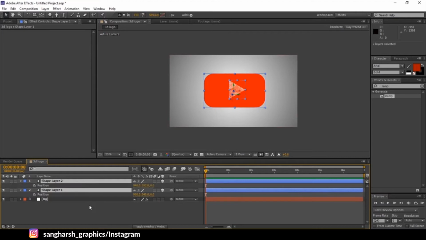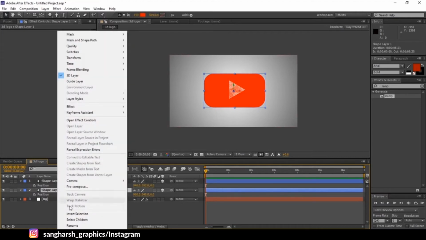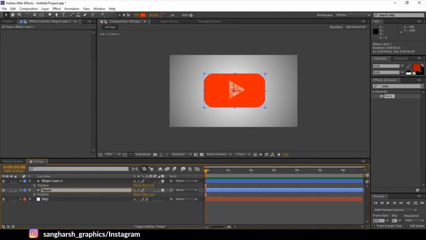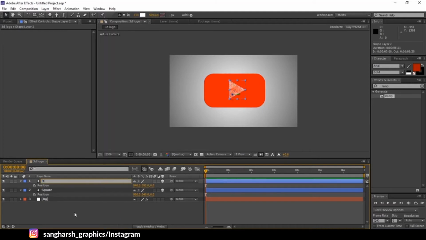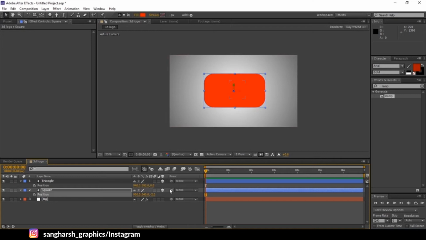Before creating the camera, just adjust the layer positions. Firstly we will rename them: it's the square, it is the triangle. It will help us for the following work. Now the red layer is just behind the triangle. As you can see, now their positions are the same. We're gonna place the red square just behind the triangle, then -2, no, it will take it from +2. Yeah, seems perfect.